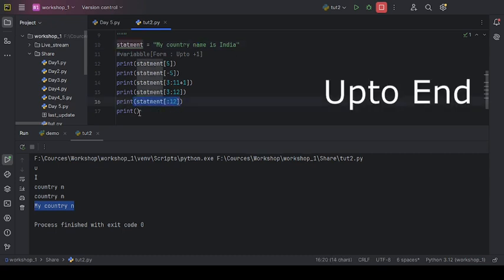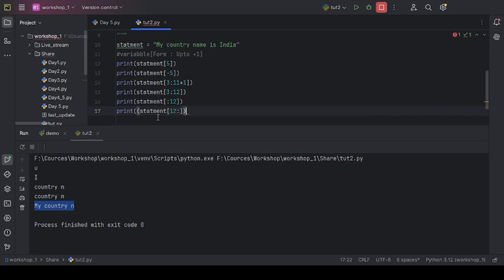I am copying and pasting this code, and in a similar manner, as we haven't passed any integer in the previous line number 16, that represents from. Similarly, we will not pass the up to value if we want to print up to the end.